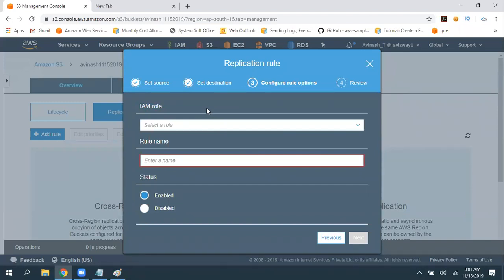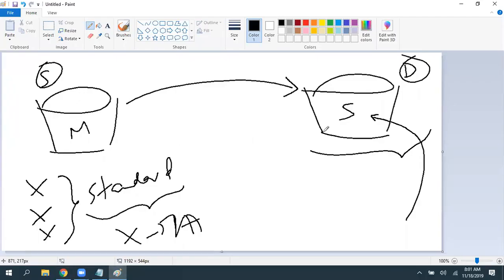We are going to discuss these roles in detail in our EC2 module, but I'll try to explain this. We have a source bucket as well as a destination bucket. If I want to replicate manually, I can do that. I told you we have a copy and paste option, right? I can go to the Mumbai region bucket, copy all the objects, go to Sydney and paste them there. But do I really need to manage that always?